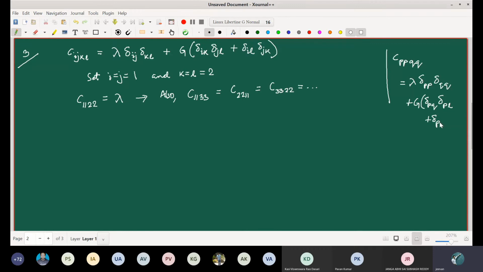Otherwise, when you are saying that these are not specific values, and then you say that this delta PP is equal to 3, then you are treating them like proper indices, right? But then at the very next term, you are saying that these are no longer indices, these are like separate things, so I will set them to be equal to 0. So this is wrong. This can't be. You can't have it both ways.